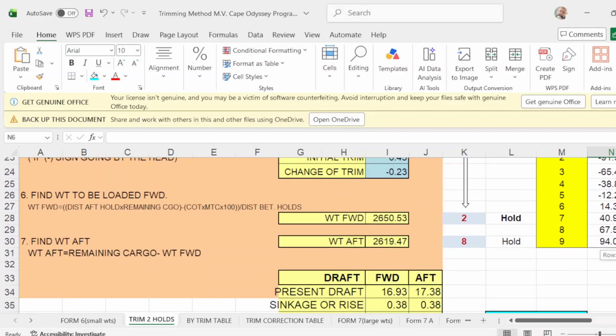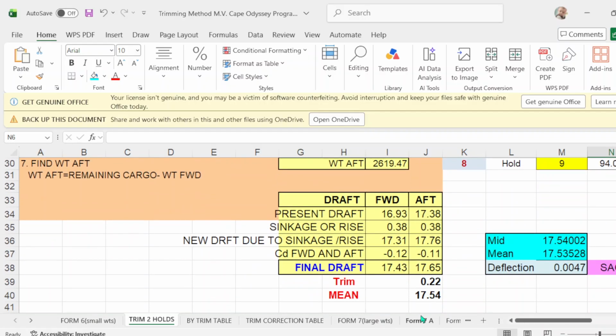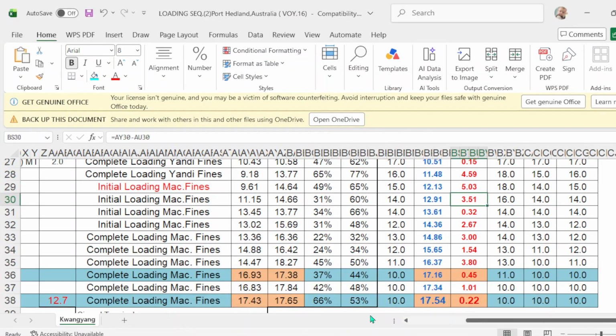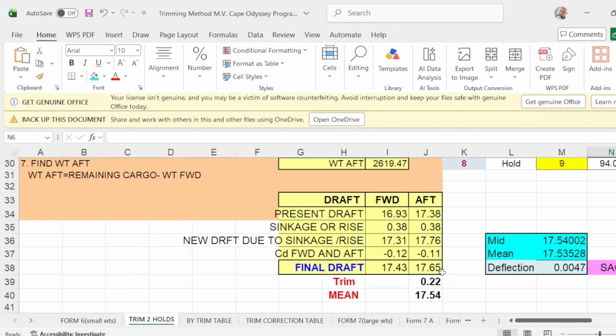Your departure drop forward will be 17.43, aft will be 17.65. Your trim is 0.22 and mean is 17.54. So forward is 17.43 and aft drop is 17.65.